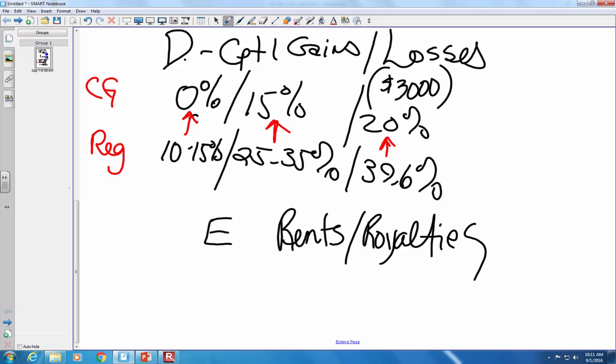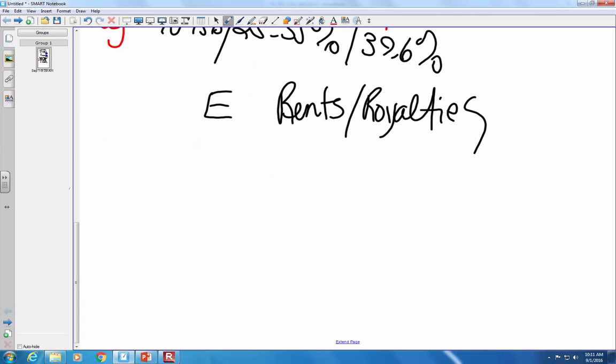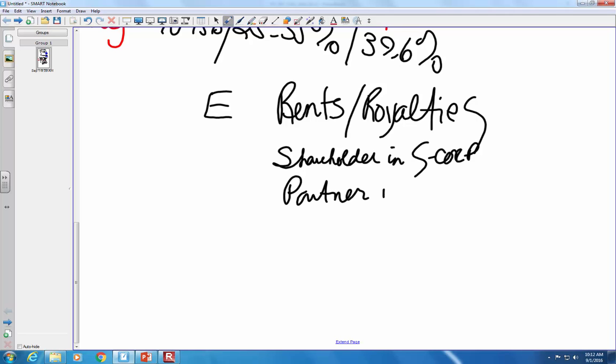Also, there's a section on the back of the E, and this is a little beyond our scope because I told you we're not doing partnerships or corporations, but just process this because it is important, even though we're not going to be specifically covering it. Also on the Schedule E, if you are a shareholder in an S-Corp, or you are a partner in a partnership,